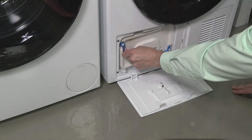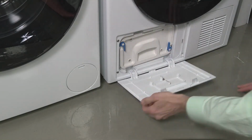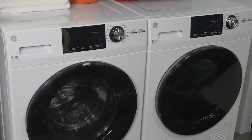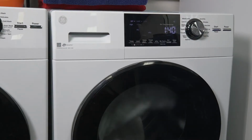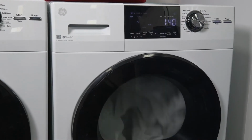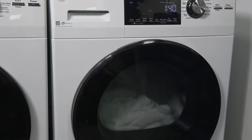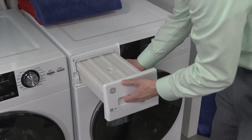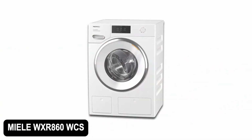Ultimately, if you're limited in laundry room space and need a trustworthy washer that won't break the bank, the GE GFW148S SMWW is a solid contender. While not perfect, its reliable cleaning ability and compact form make it a worthwhile investment for the right type of buyer. Number 1. Miele